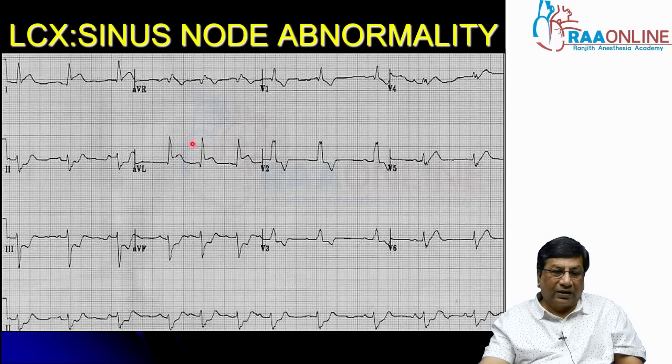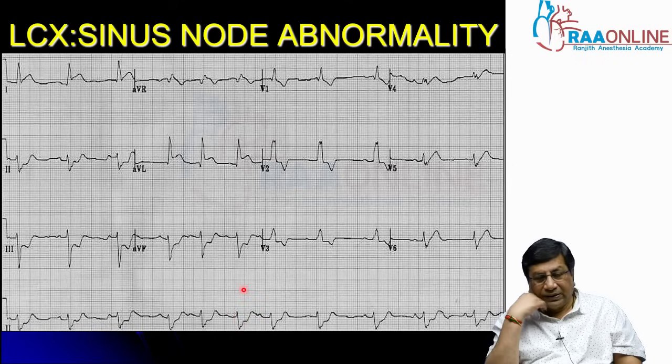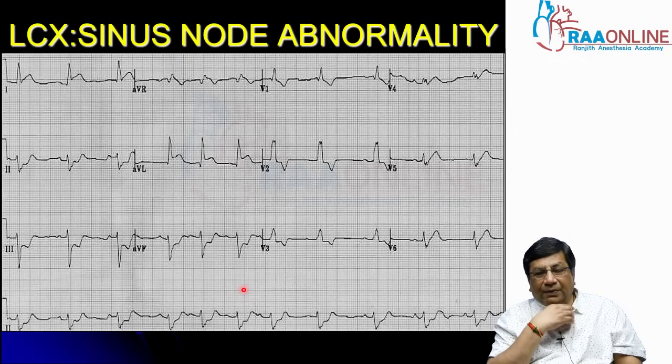In addition to that, you look at the rhythm strip. There is a long RR interval, short RR interval, then long RR interval, short RR interval. So this is a classical sinus arrhythmia. Sinus arrhythmia is one of the sinus node arrhythmias. So this can happen in a circumflex infarction. It commonly happens in inferior wall infarction, sinus block or sinus arrhythmia, or all these things can happen because